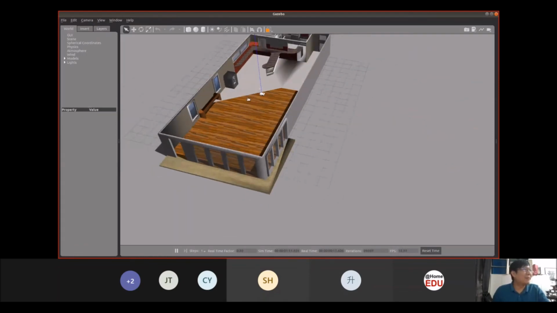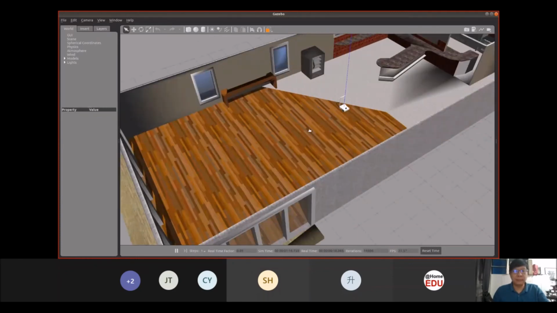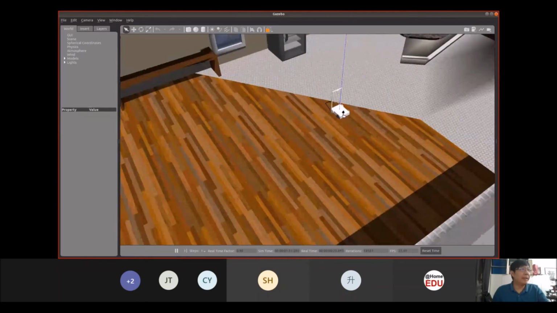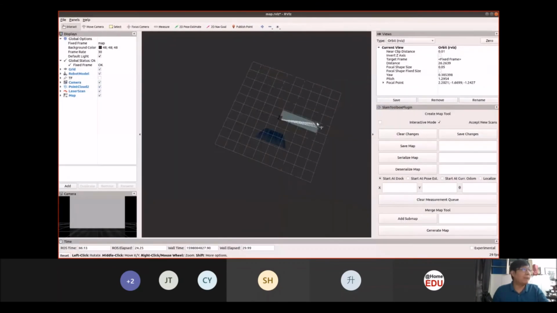Now, for the example over here, we have a robot. This is the robot that we created just now. In this example, I've launched a SLAM toolbox. You can see a camera, but I'm only using laser-based SLAM. I did not include vision SLAM in this example itself. Let me just turn on the graph.